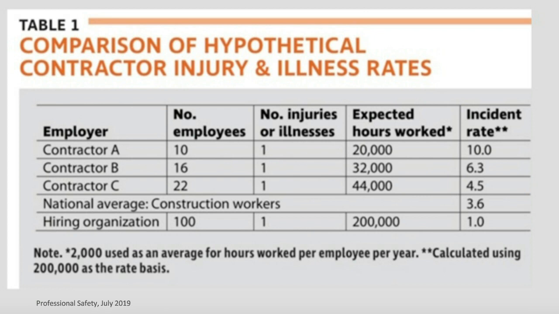And so if they're evaluating a small contractor, they might look at their own data. They'll look at the national average for construction workers, which would be 3.6. And then just look at the various contractors: a contractor with 10 employees, 16 employees, 22 employees. One injury blows their incident rate out of the water. And so if you're looking at numbers alone, you might say, well, we're going to exclude contractor ABC